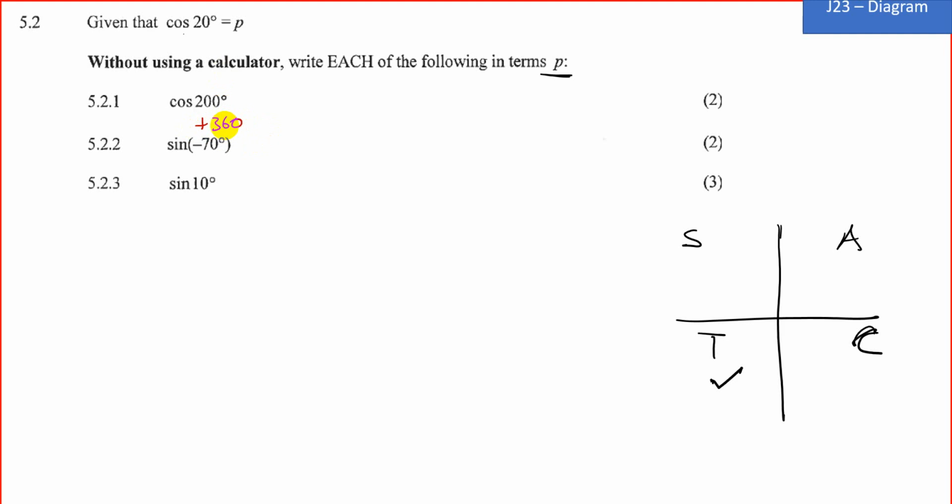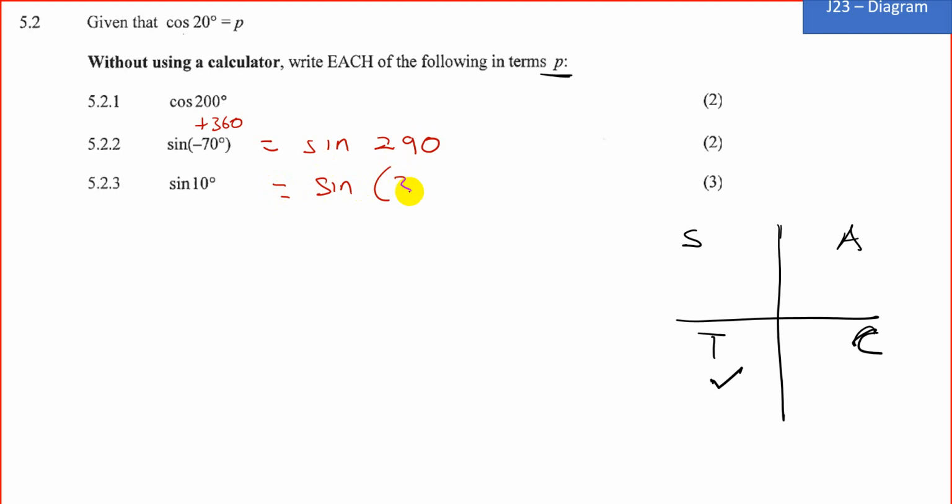So if we add 360 to minus 70, that gives us sine of 290. Now remember, 290 is in your fourth quadrant, which can be written, using the reduction formula, as sine of